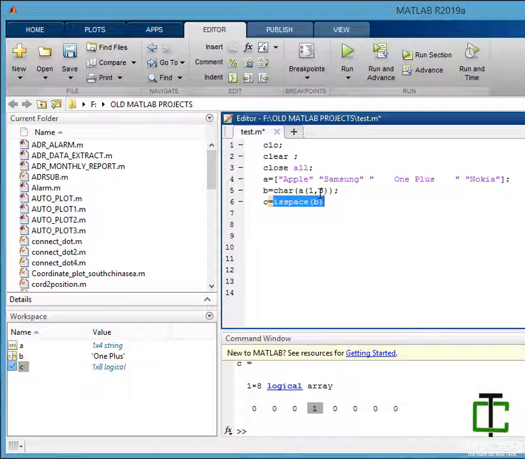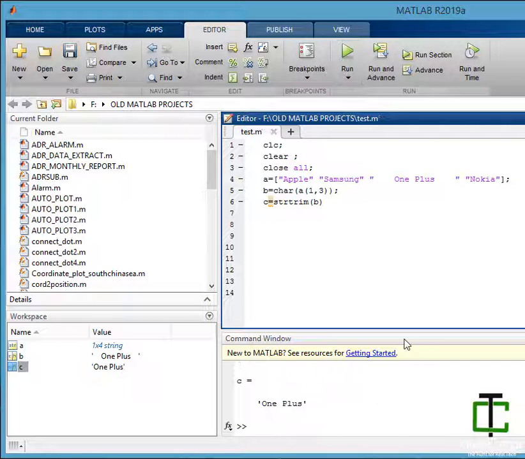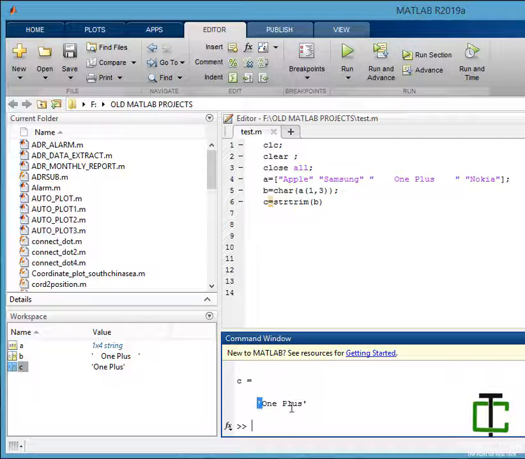There is a function called strtrim. strtrim B. Let's see, here you go, it removes leading spaces and also trailing spaces, not the space inside between two words. I hope this is a very useful function to trim your spaces.